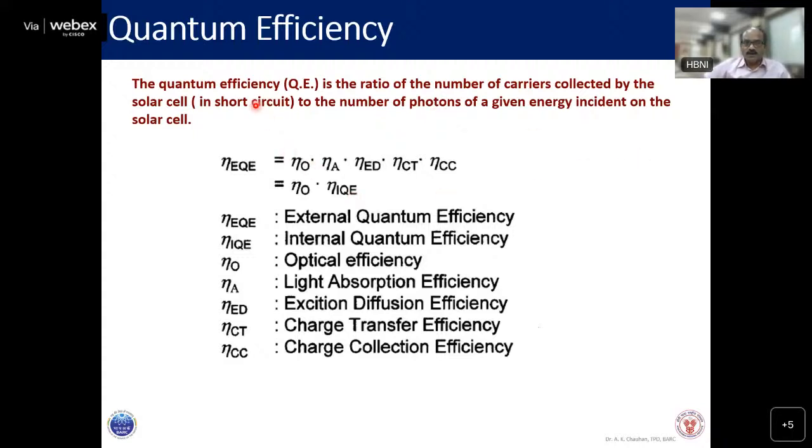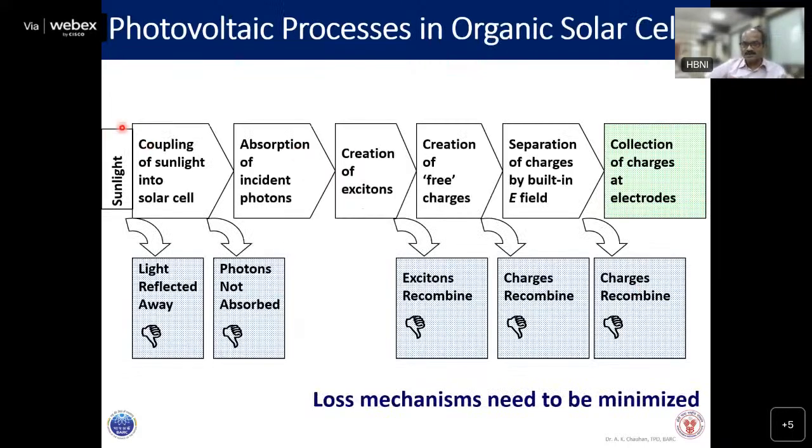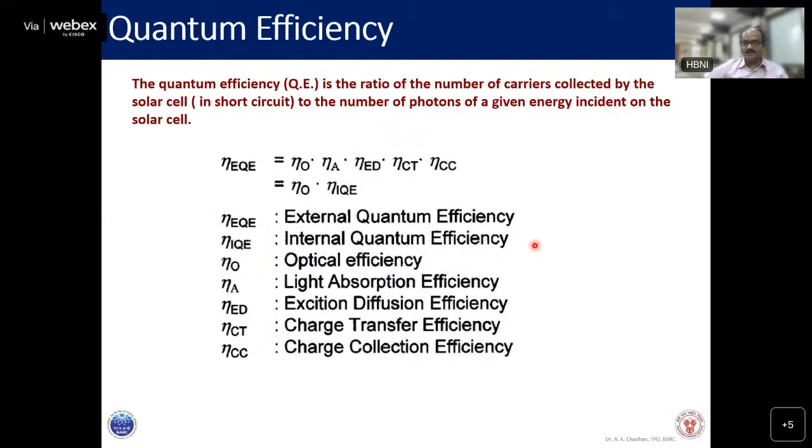So the total quantum efficiency, that is external quantum efficiency, is equal to optical efficiency. Optical efficiency means, as we see, all these things are accounted for in this equation. So optical efficiency means whether the light is reflected back or not. Then light absorption efficiency is the probability of absorption. Similarly, one by one, we will see each of these. I have put one slide for each of these parameters. And